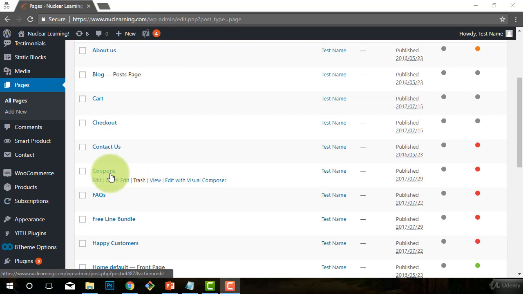For instance, in the coupons page, we're obviously going to need to create some coupons that people can use, and then of course set up a nice little place for people to go and get coupons. And of course you need to maintain this, if you did set up a page like this. I did. Then we're going to go down to the FAQs, which is going to require us to download a plugin for frequently asked questions,